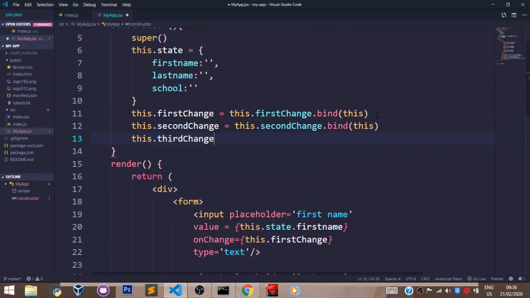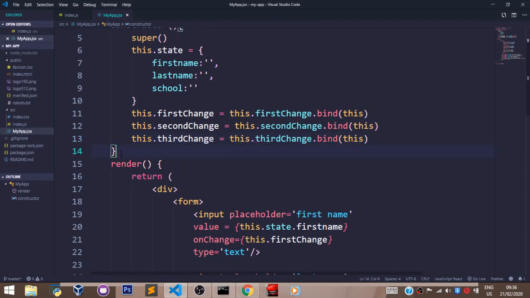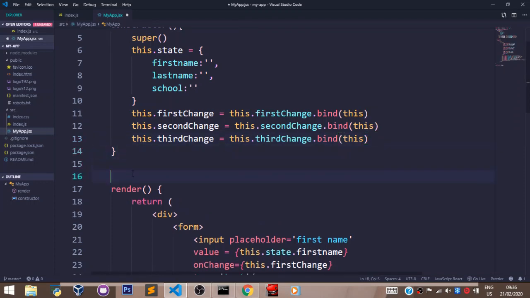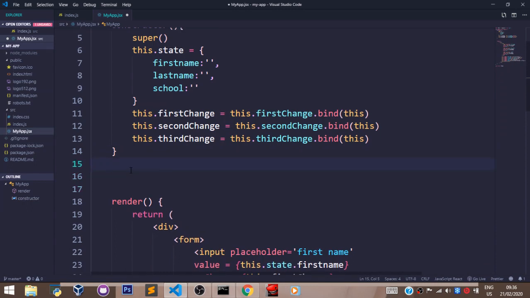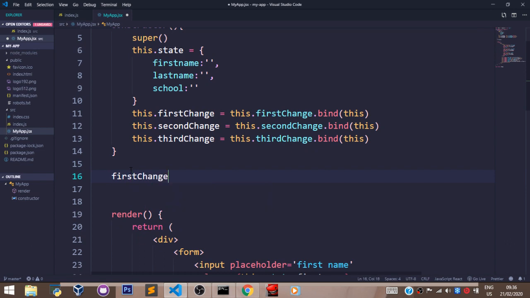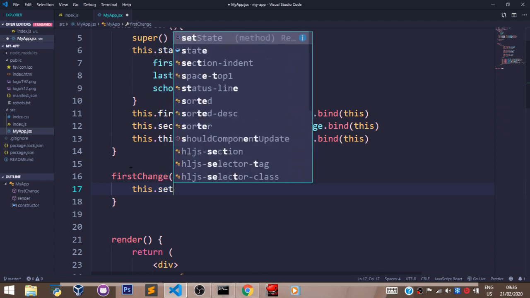This dot third change is equal to this dot third change dot bind. Now we have all our three methods bound to the constructor method. So let's come up here. Let's create the first method, which is the first change. The first change is going to take an argument of event, and it's going to set state with this dot set state,